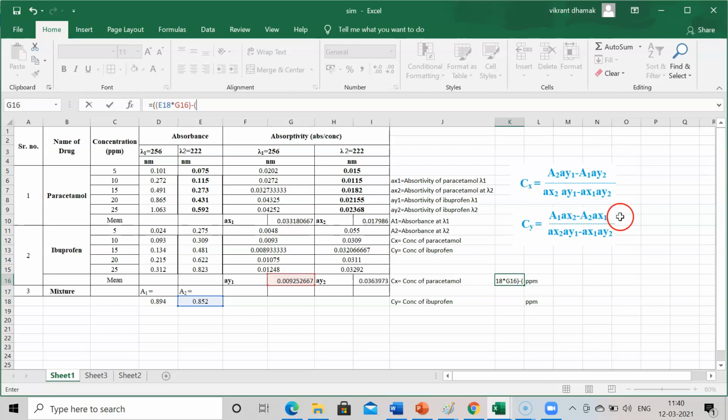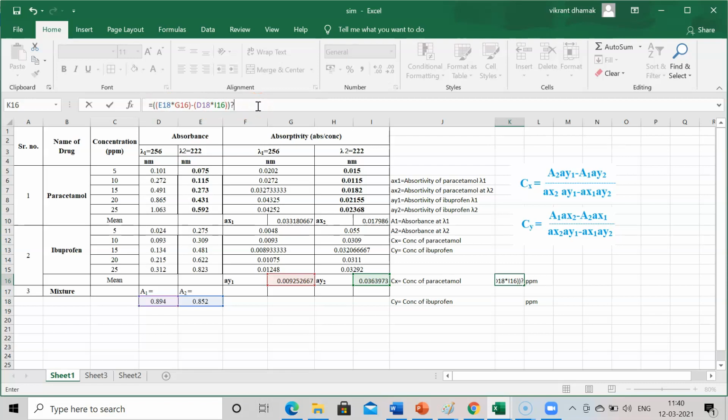Again put a bracket for these values now. A1. So select the cell A1, into, press shift and star on your keyboard, and the value of AY2. So the value of AY2 we will put. Now complete the bracket, and complete the bracket 2 times, right? So do it in a similar fashion only. If you do it in any other way, the calculations will be wrong. So I put a double bracket because here I need to simplify these two values. So I have put 2 brackets, and after that divided by.